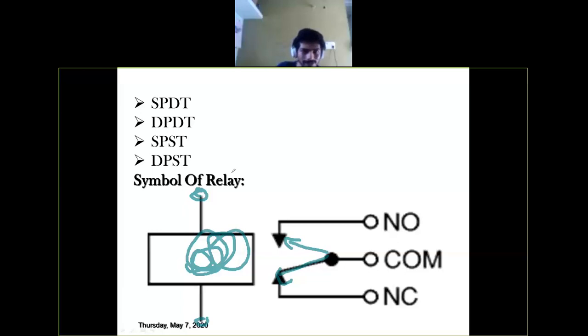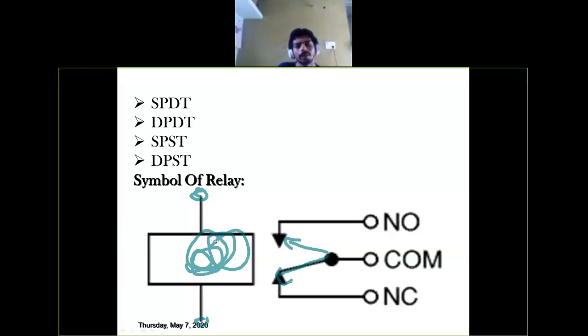So how does it work? Internally, this has 5 pins where 2 pins are for the inductor or electromagnet. Due to this electromagnet principle, the common to normally closed will get connected to NO. This will be continuously connected to common and NO until the magnetic field remains.